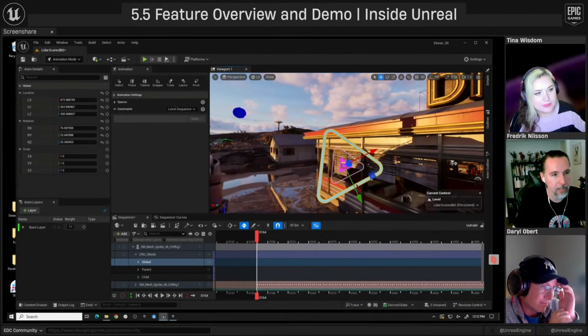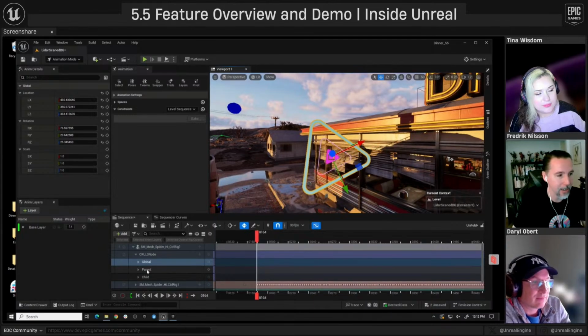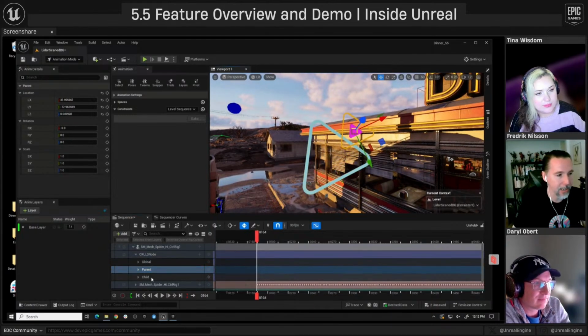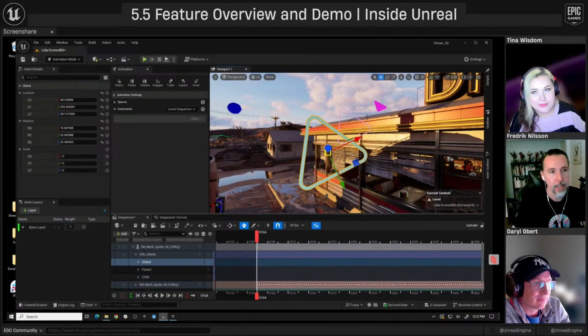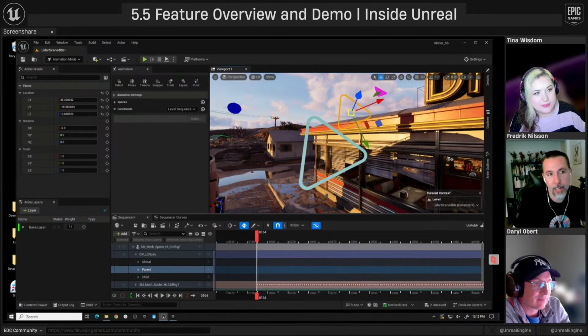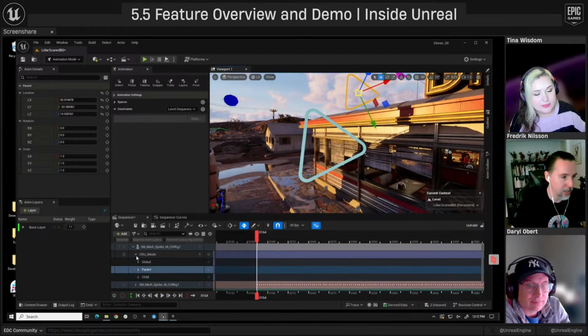This one is super simple. It's literally just 3 nodes. It is a global, a parent, and a child. And it just lets you do like temporary pivot kind of stuff because you can constrain controls to these things. You can just use them as kind of helper objects. They're really just 3 nodes that are parented to each other. So again, it's just a little helper node.